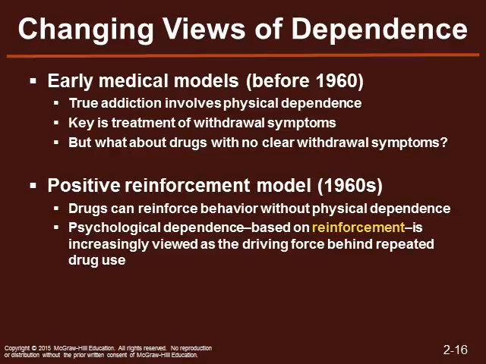Now, we talked about how the legal environment for drug consumption here in the United States has changed, and along the way we've also seen changing views of dependence and what that means here in the U.S. Before about 1960, we wouldn't characterize somebody as addicted, and that broader term was more common use at that time. We wouldn't characterize somebody as truly addicted to a drug unless they had that physical dependence that we talked about. And so we assumed that if somebody stops drinking alcohol and starts experiencing the DTs, then if we could